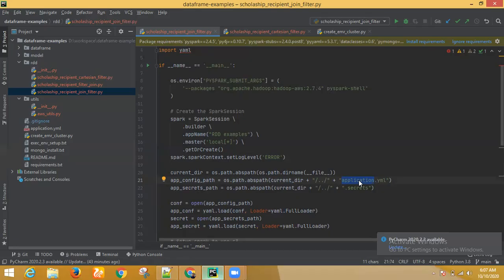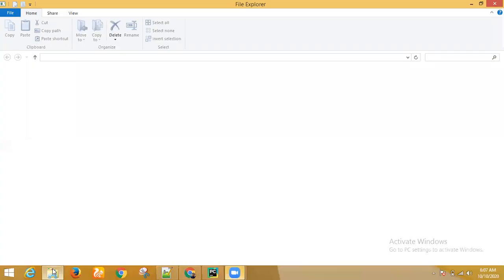One is the .secrets file. You can see it's starting with a dot, so you will not be able to see it. Whenever you open file systems, any file which starts with a dot will not appear because these are considered system files.